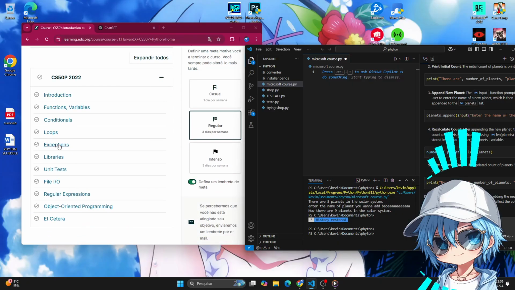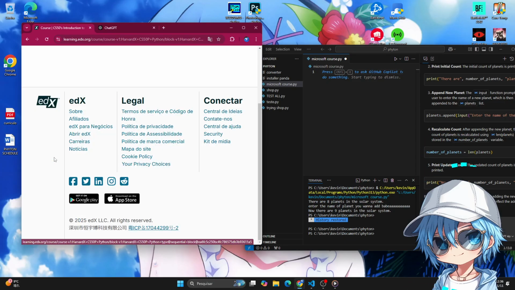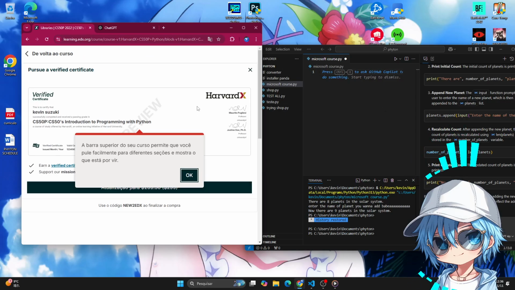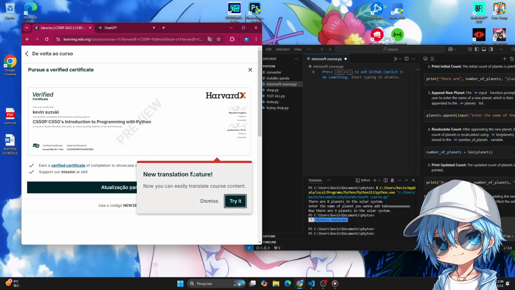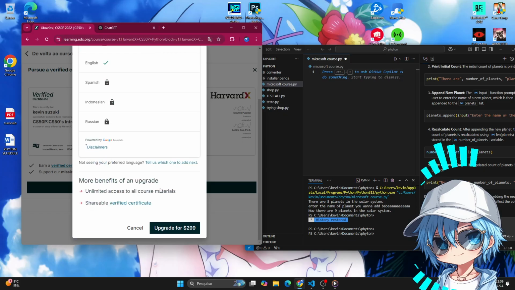So let's go. I will go into libraries, because exceptions and this part here I already know. So what I'm gonna do is keep going with the part I think is good for me. All right, so let's go here and try it. Here is a free one, so you don't need to pay. If you want some certification, you need to pay, right? But if you don't want it, that's it. You can go and don't need to